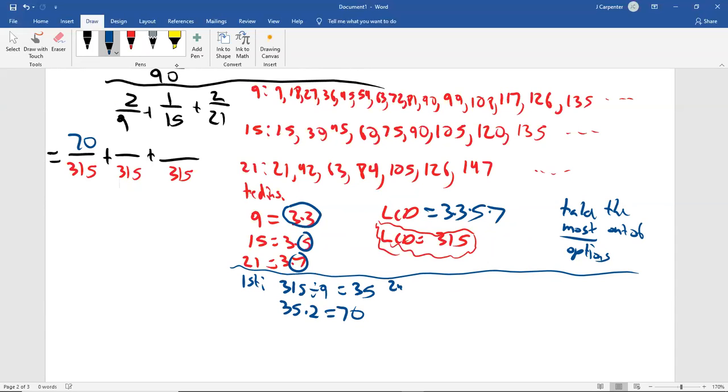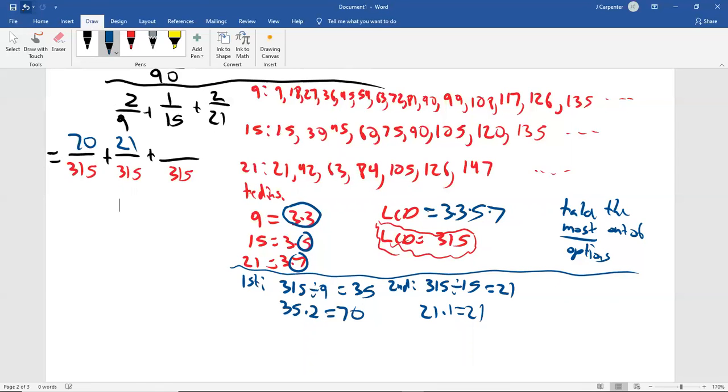For the second one, we take 315 and we divide it by the 15, which would be 21, right? Yes, 21. There's a really quick way to get this answer, but it's only quick if you've practiced it a lot. The LCD has the 3, the 3, the 5, and the 7. The 15 has the 3 and the 5, so you just get rid of those, and that's what the division would be, 21. That's the trick. But I don't want you to focus on that too much if that made no sense. Then you take your 21 and you multiply by the top, which is 1, and you get 21,